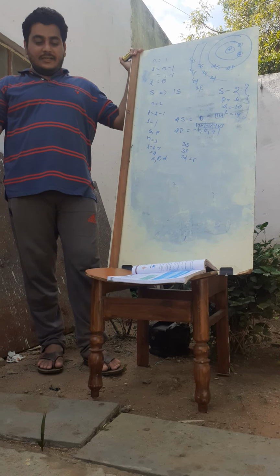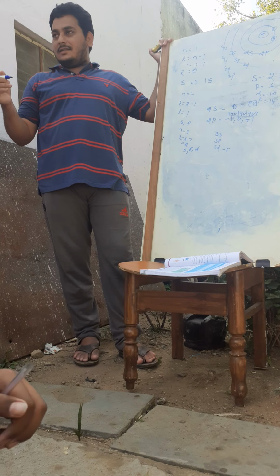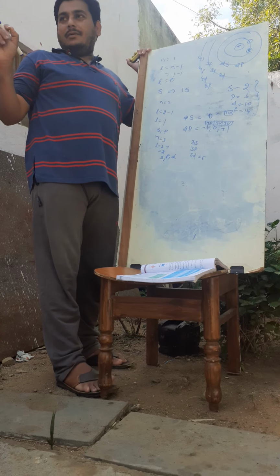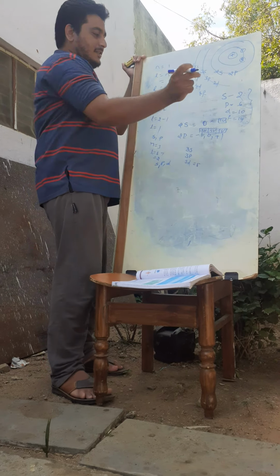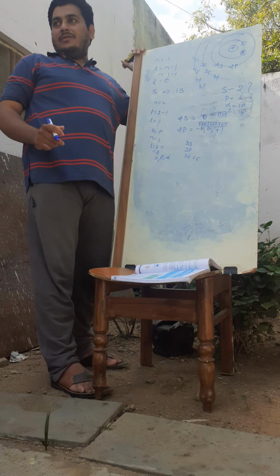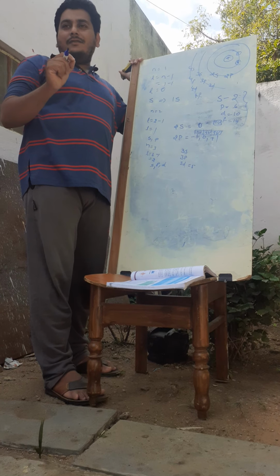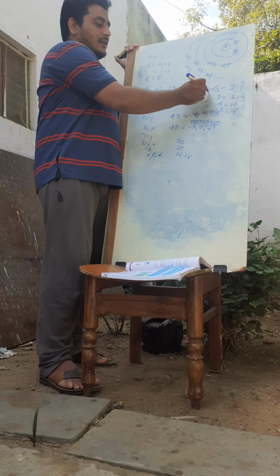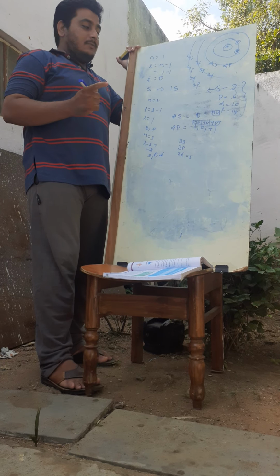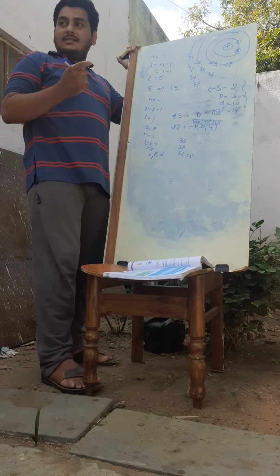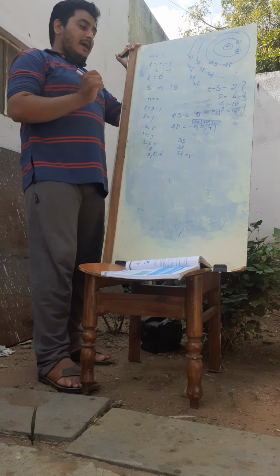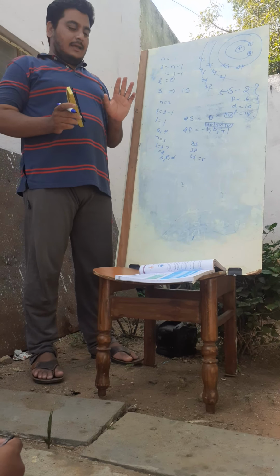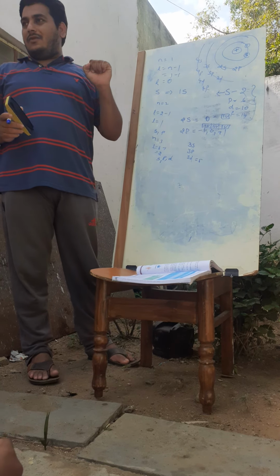In your textbook the table of the maximum number of electrons is already there. Even if you want to write, you can write this. It is very important. To write electronic configuration, this is the thing we need. That's why whenever we write electronic configuration, we write s1 and s2. Why? Because the maximum number of electrons in the s orbital is 2, in the p orbital is 6, in the d orbital is 10, and in the f orbital is 14. Clear? This is about your magnetic quantum number.